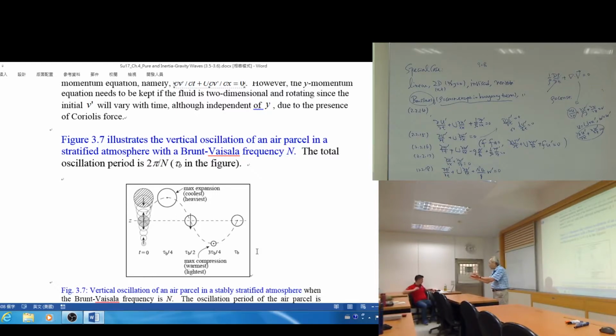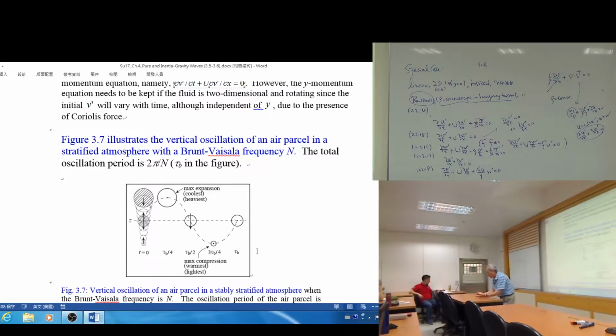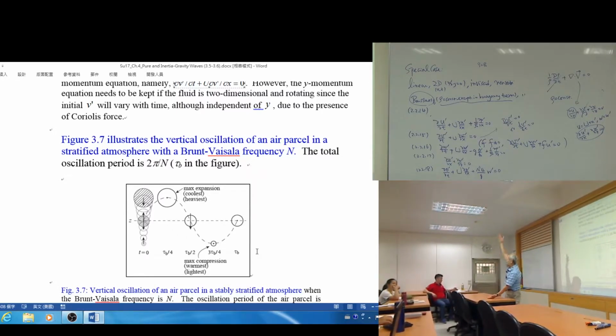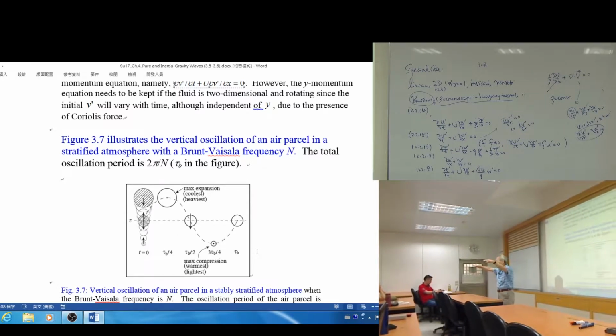the static pressure. Pressure is simply one square meter and the weight of the air column above it. So when you go up, the air above it is less, so it's less pressure. So as the air parcel goes up, the environmental pressure will be lower, so it's going to expand. Once you expand, then